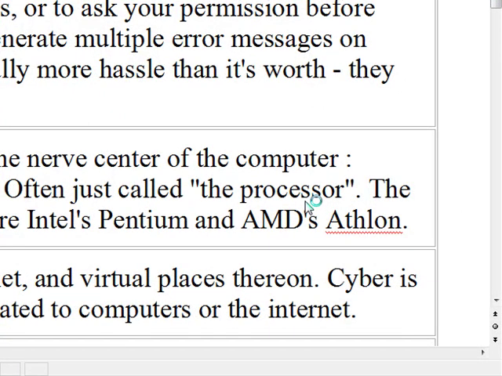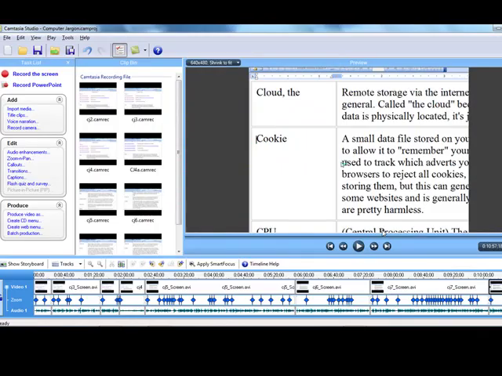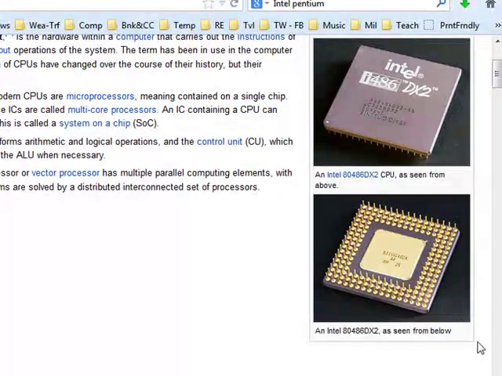CPU stands for Central Processing Unit. This is the heart of your computer. It adds, it subtracts, it does logical functions like if number A is bigger than number B, put a plus next to the difference. Whereas if number A is smaller than number B, put a minus next to the difference. CPUs are tiny for what they do. And as I said, they are the heart of your computer.